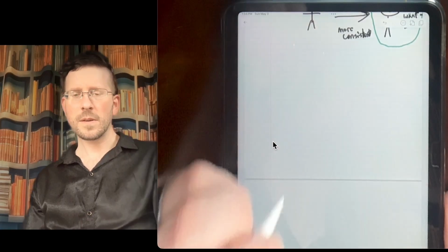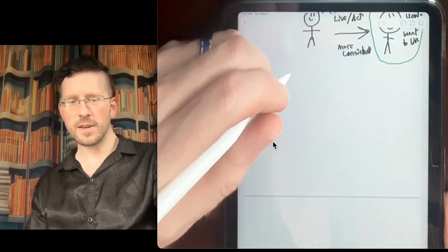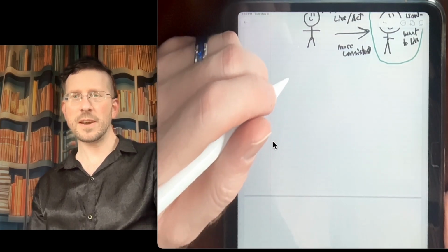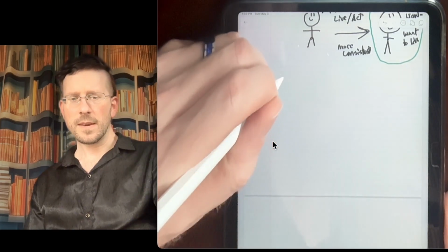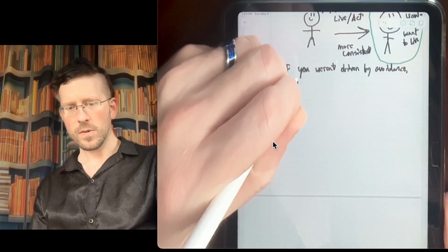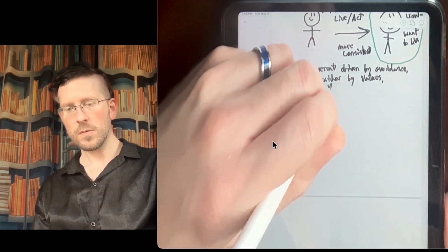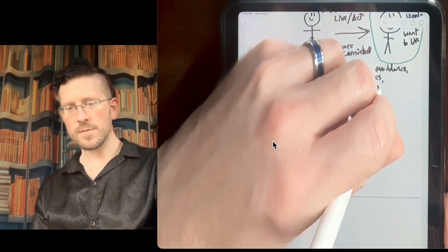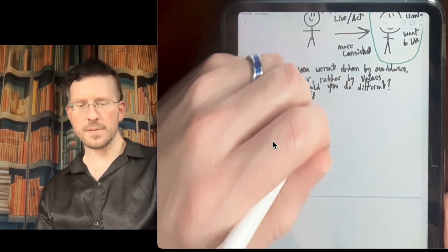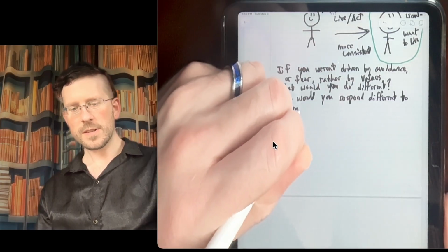And then, okay, if your thoughts and actions were driven by these values and not by fear, how would you handle this situation that you're in? Or if this is a past situation, how would you handle it next time? If you weren't driven by avoidance or fear, but rather by your values, what would you do different? How would your inner world be different? How would your thought processes be different? How would you respond differently to your thoughts and emotions?